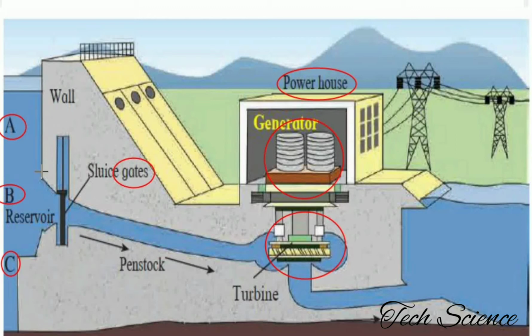Now the question is why we are using level B for electricity generation, why not A? As you observe, if you use the water from point A, what happens? You get water, but at this point you do not get that much pressure. As you move downward, the pressure of the water goes on increasing, and that's why the middle level water has more pressure compared to point A. We use this, and we get electricity because of the rotation of the turbine, ultimately connected to the generator.